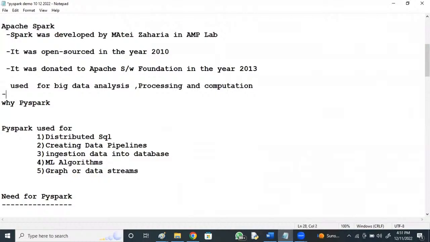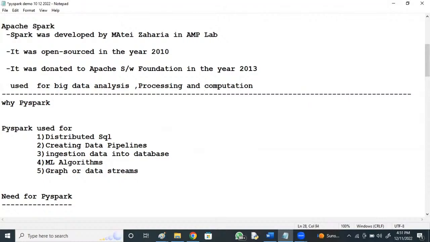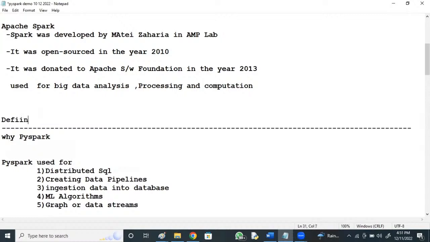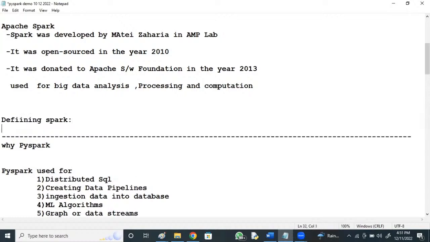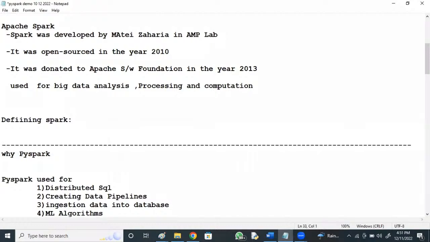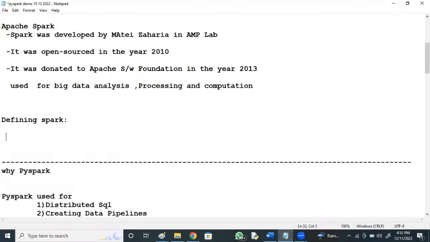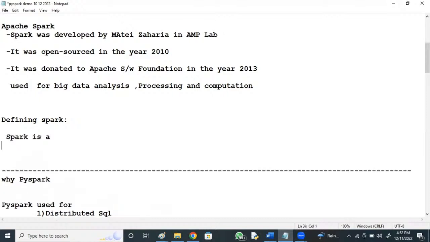Why PySpark? As I was discussing, why PySpark? Before that, if I want to define Spark, I define Spark in 4 to 5 lines. Spark is an open sourced